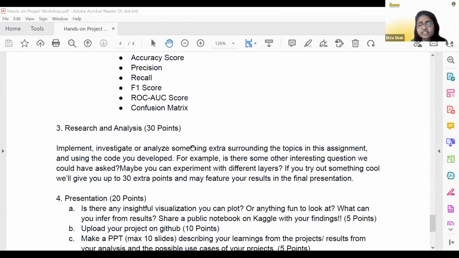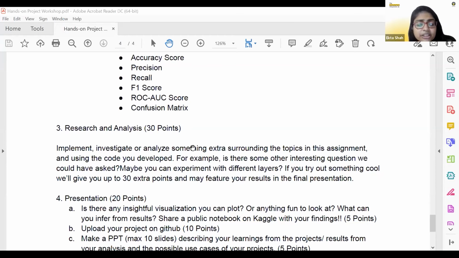Next is your research and analysis, which will be priced at 30 points. So implement, investigate, or analyze something extra surrounding the topics in this assignment using the code that you have developed. We just want you to investigate the data and try to come up with some highlights. For example, is there some interesting question we could have asked? Maybe you can experiment with the different layers in the architecture.